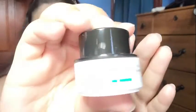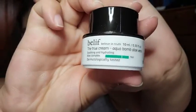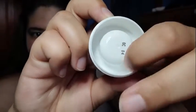The next thing I am pulling out is from Belief. Here's what it looks like. It has that deceiving false bottom, thinking you have more than what is in there. The full size is $38, and it is the Belief The True Cream Aqua Bomb Aloe Vera, and it says, when